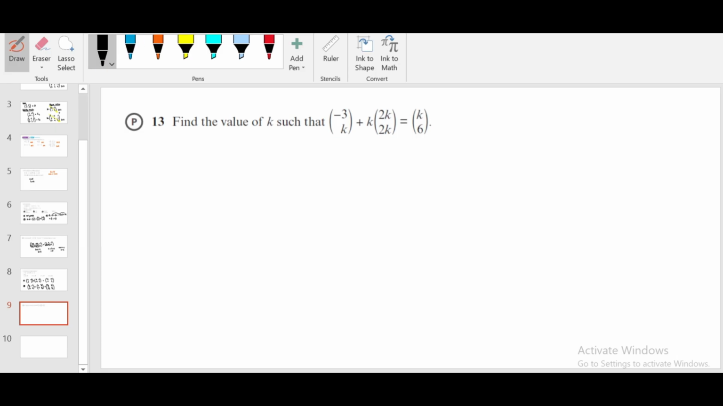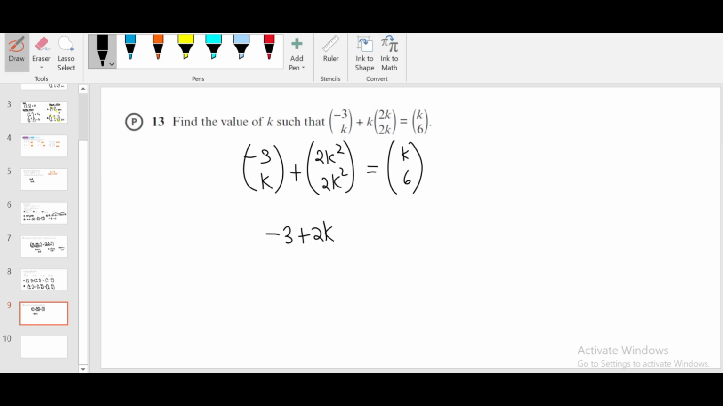I'm going to move on to question number 13 from the same exercise. Find the value of K such that this is equal to, I'm going to write it as minus 3K. I multiply the second matrix by K, so I will get 2K square, 2K square. You need to multiply every element by K, right? And then equate the corresponding elements. Minus 3 plus 2K square is equal to K. Put everything on one side, you will get 2K square minus K minus 3 is equal to 0, which is quadratic,